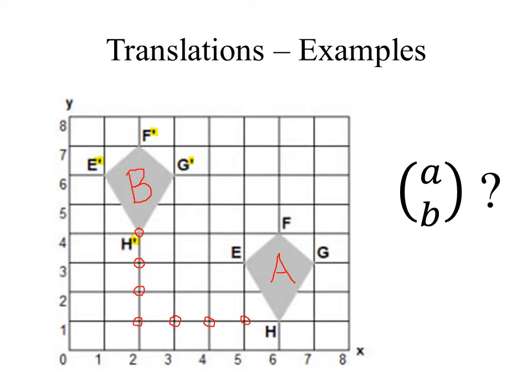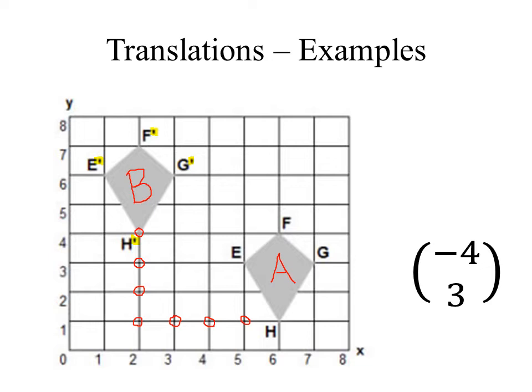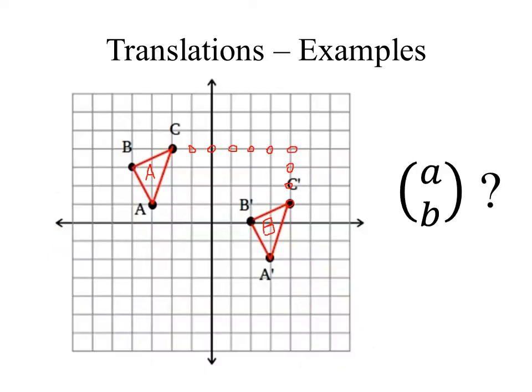Okay? Now, we aren't given an arrow to indicate movement, but what we are given are those little apostrophes, or those hash marks beside the letters. Okay? So you see that the points in our diamond are labeled E, F, G, and H. All right? And with our image, they're labeled E, F, G, and H, but with that little apostrophe next to it, which I've highlighted in yellow. So we know that B is the image because of that. Now, knowing this, we can